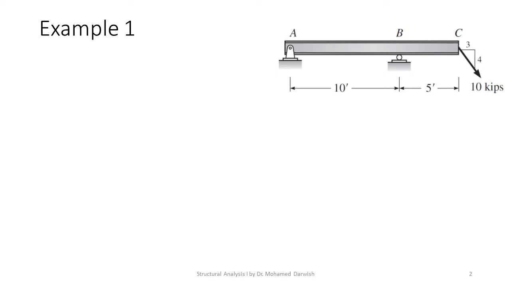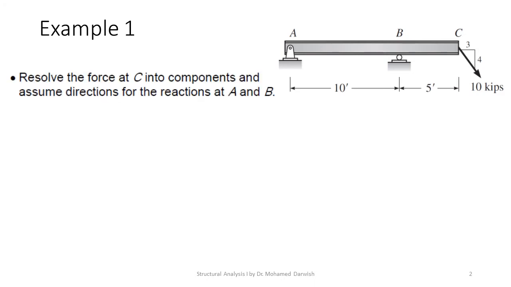First example, like what we talked before about, we have three principal equations: sigma Fx equals 0, sigma Fy equals 0, and sigma moment equals 0. So when we have this shape, applying the equations,